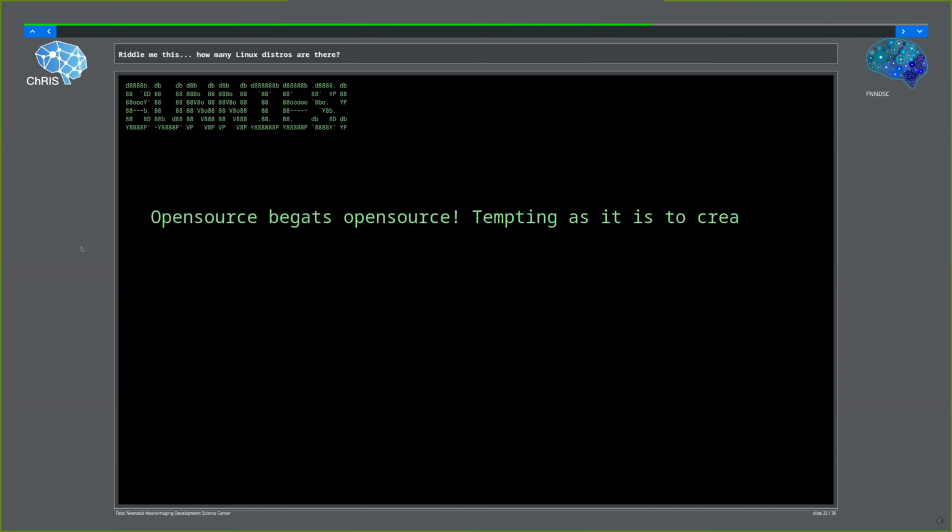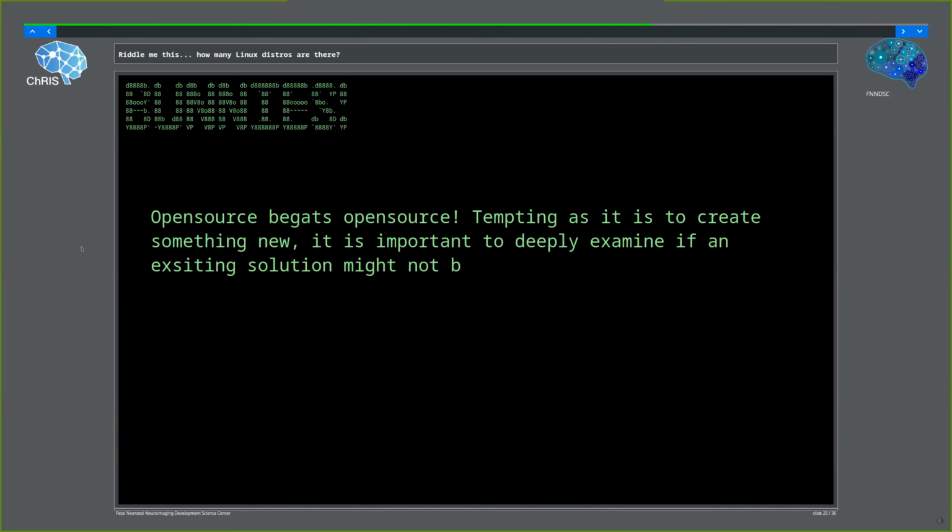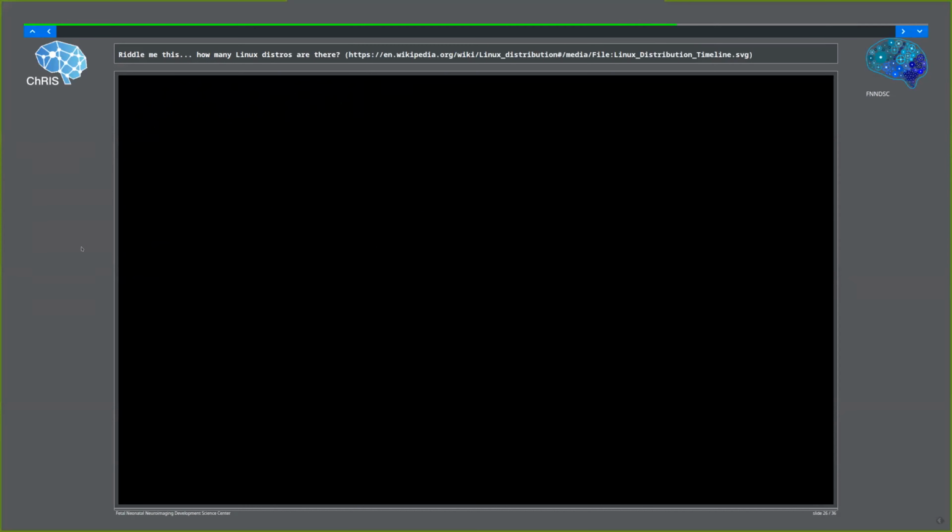So of course, we have the other problem in open source communities, especially if you have a liberal, MIT-type license: things can very easily, like rabbits, open source begets open source. New things can split off very, very easily. It's always tempting to keep in mind, before you fork something, to see if an existing thing works. What's a perfect example of this?